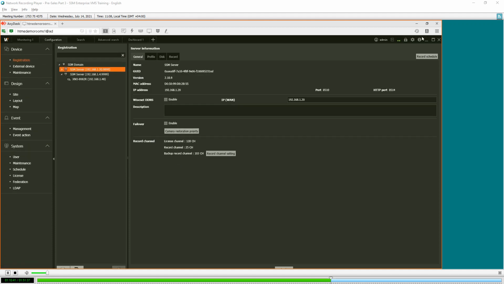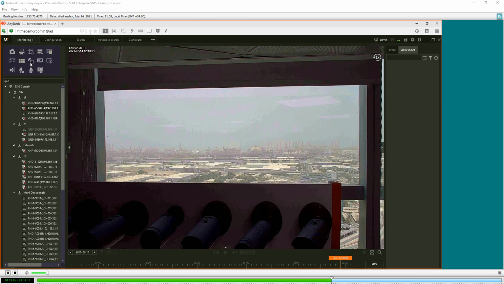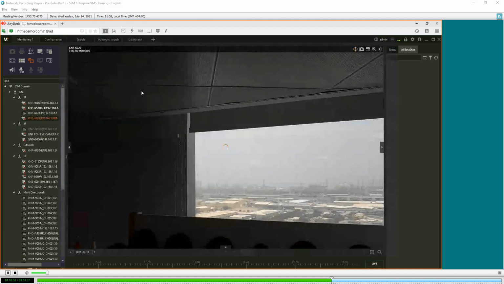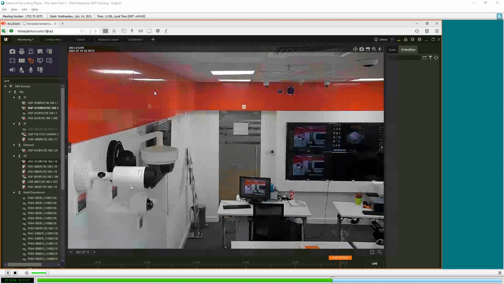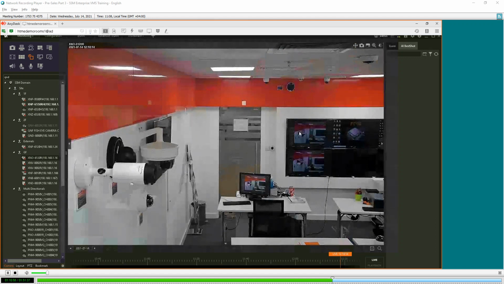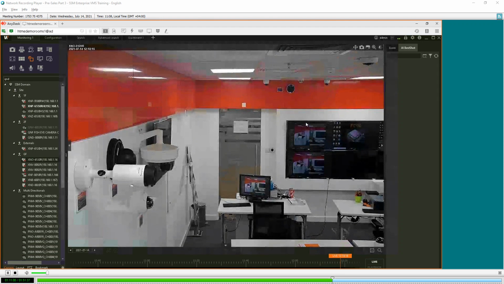All right. So this is all about your SSM VMS. There are other functions. You can have event spot, which means you can create this monitor as an alarm monitor. So whatever alarm is occurring, it will get popped up here. Whatever motion has occurred, whatever event occurred, that will become your alarm spot monitor.